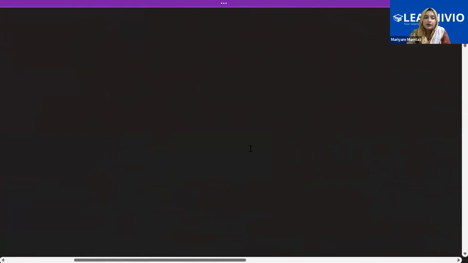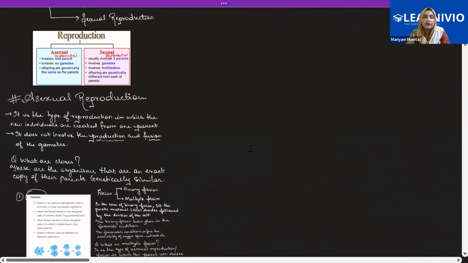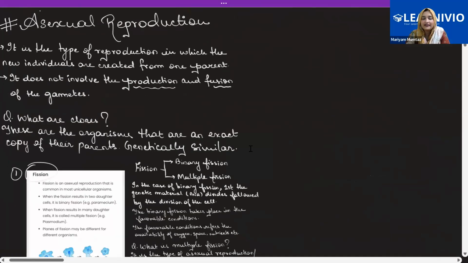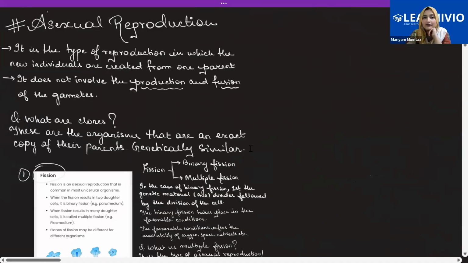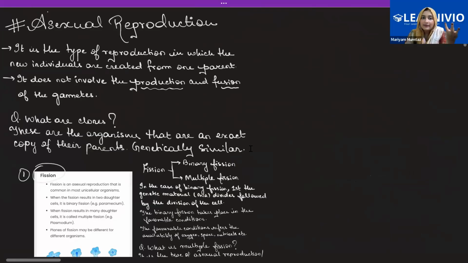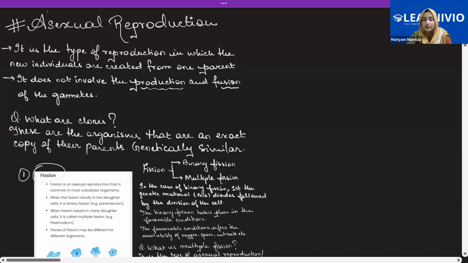Furthermore, in the case of asexual reproduction, if we want to talk about some of the technicalities, since no gamete formation or gamete fusion is involved over here, all the offspring, meaning the result of the reproduction, are going to be the exact copies of their parents, the ditto copies of the parent, meaning there will be no change in them, none whatsoever. So what are we going to call them? We're going to call them clones. Clones are those organisms that are the exact copies of their parents, meaning their older generation.